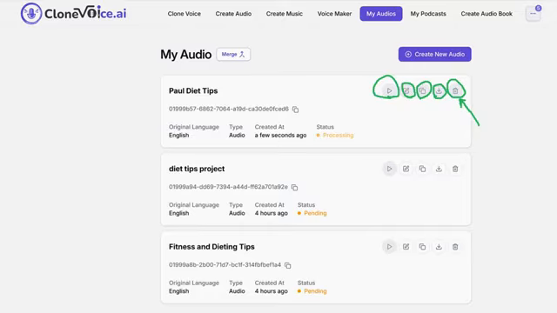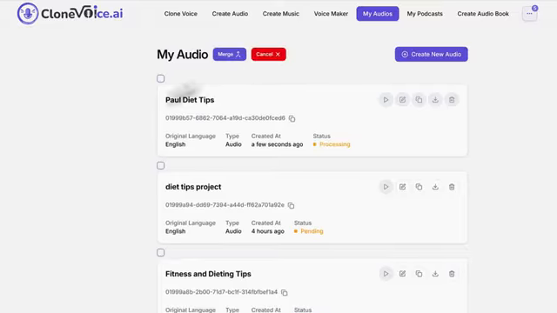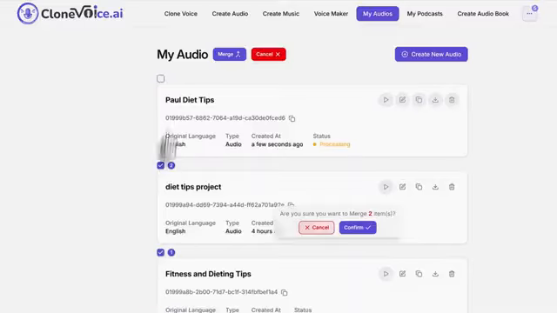Now, the next thing obviously is the merge function. So if you wanted to merge multiple audios and make a longer length clip, you can do that by just selecting them. So you can select this, for example, or whatever you want to do. You can select it and click on it and generate the audios right here as one big audio file, and then you can merge it together. So that function is good for you to create longer length clips, if you will, or audio files or voiceovers and that sort of thing.